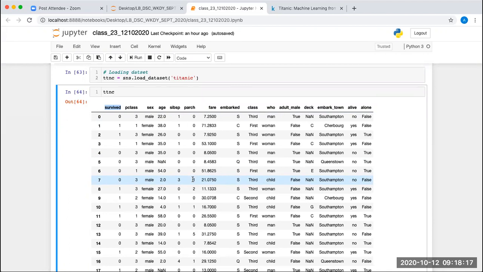Okay, so this is the data set. Now what I'm going to do, I'm going to set something in the beginning.